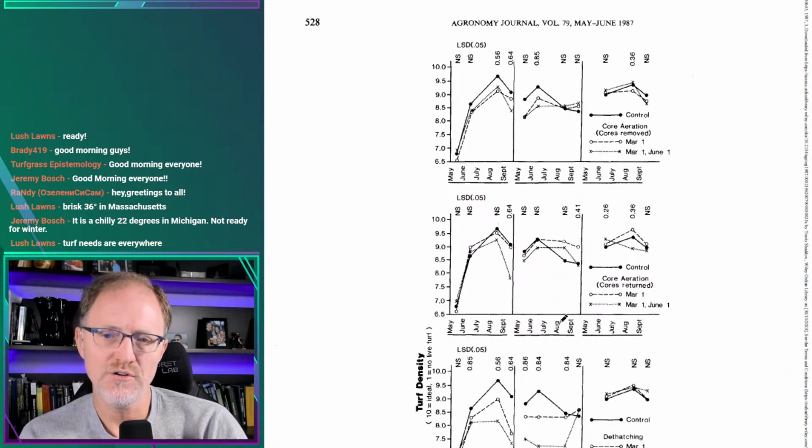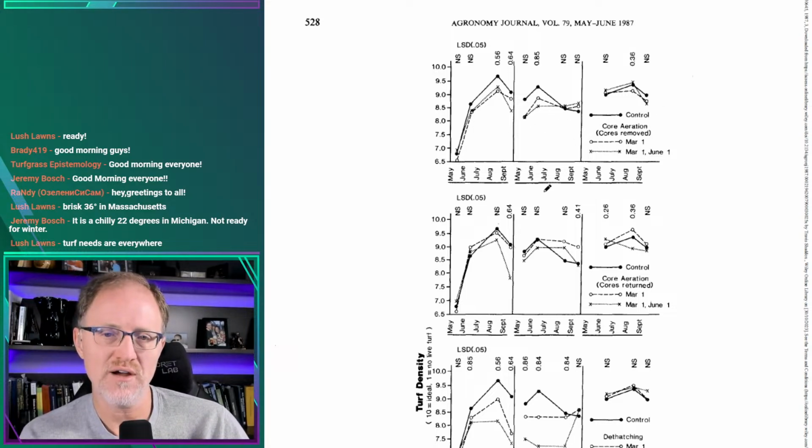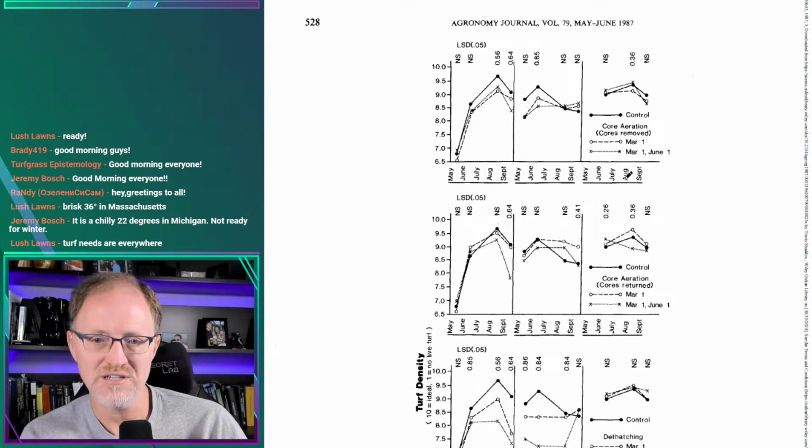Okay, then here you see the coring. This is the same sort of graphs. The control where we did nothing, and then he did coring on March 1 or March and June. And you can see that the reduction in density existed every year, basically, except for the third year, 1985, I guess is what he said in the paper. But rarely did we see, what is it? This is...